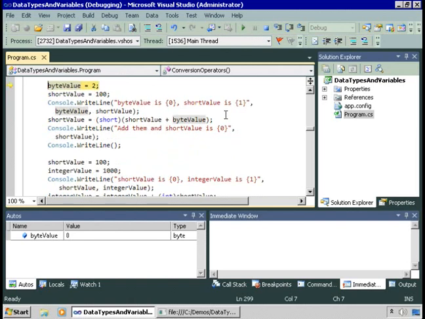Then, in pairs, we're going to convert one to another. First we store a value to the byte variable, then to the short variable, and then we want to add them together. And to do that, we need to cast to a short. Now the reason we need to cast to a short is that C# by default, when it sees short value plus byte value,